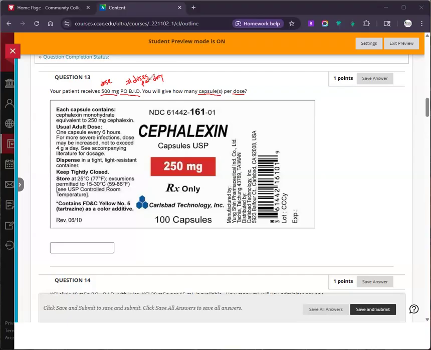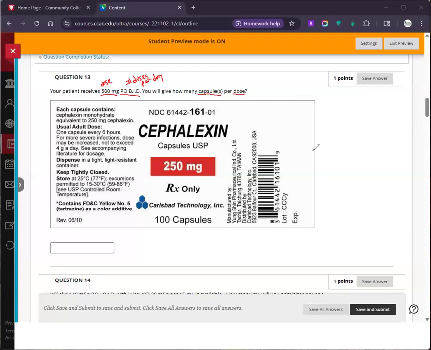If the question said how many capsules would your patient receive per day, then you'd want to include that they're getting 2 doses per day. That's what I said earlier about reading the question. Sometimes when you make a mistake, it's because you put in per dose when they are asking per day, or per day when they are asking per dose. Most of the time, I'd say 90% of the time, they're going to ask you to calculate the